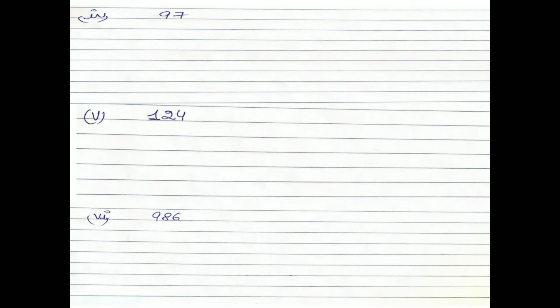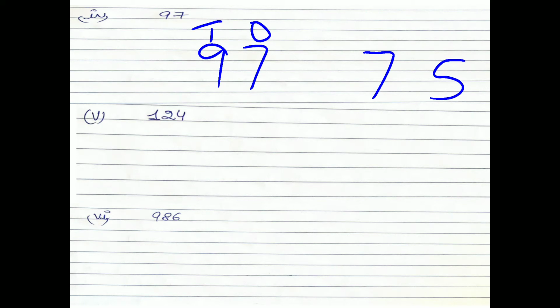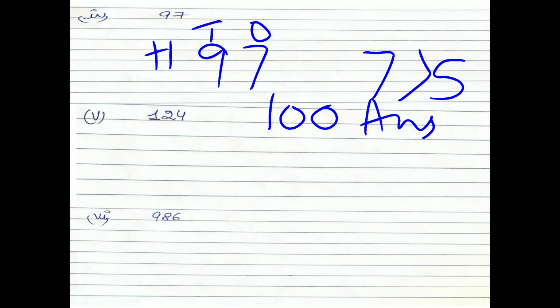Let's understand one more example. 97. On the number 97, write down ones and tens. Compare the 7 with 5. We are comparing the ones place digit with 5 only. Which number is bigger? Your number is bigger. Your number is 7. It is greater than 5. What do we do? When your number is equal to 5 or greater than 5, you have to add 1 to the tens place. So 9 plus 1 is 10. And your ones place number will become 0. Clear?